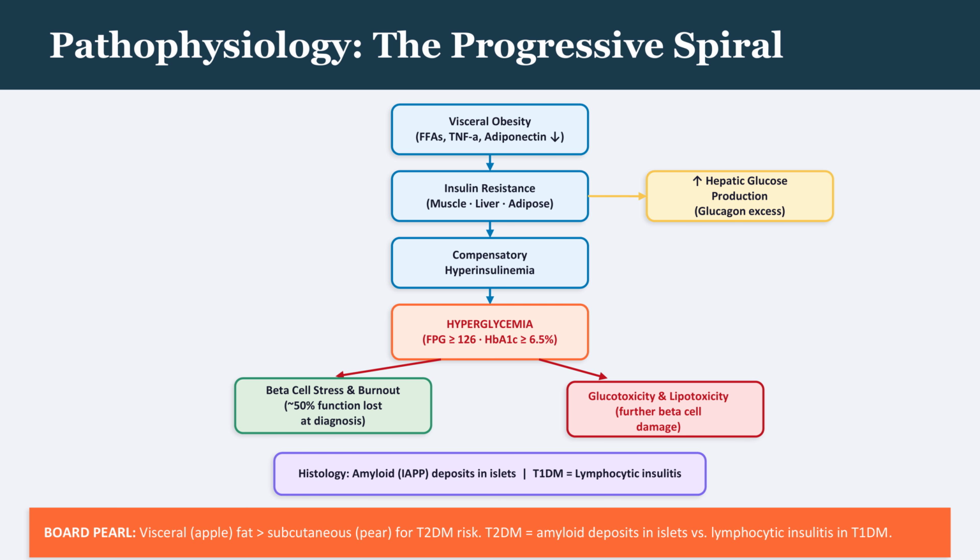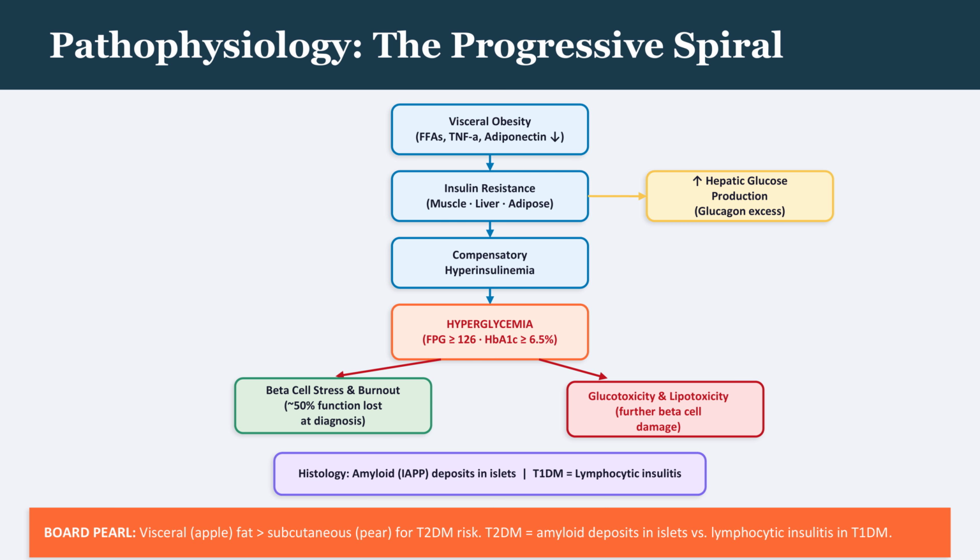To understand how we treat T2DM, you have to understand why it's a progressive disease, because that's what makes the treatment stepwise and multi-targeted. It all starts with visceral obesity. Visceral fat, the stuff packed around your organs, as opposed to subcutaneous fat just under the skin, is metabolically active in the worst way. It dumps free fatty acids into the portal circulation, releases TNF-alpha, and shuts off adiponectin. All of that drives insulin resistance in muscle, liver, and fat tissue, meaning your cells stop responding to insulin's signal